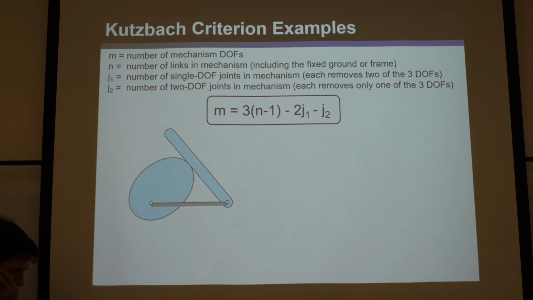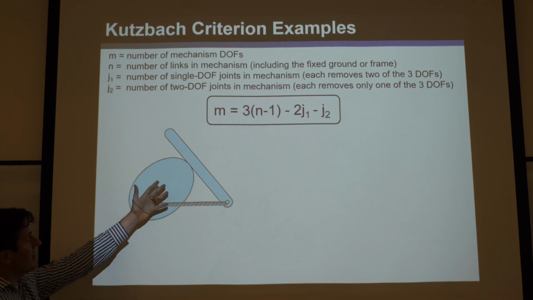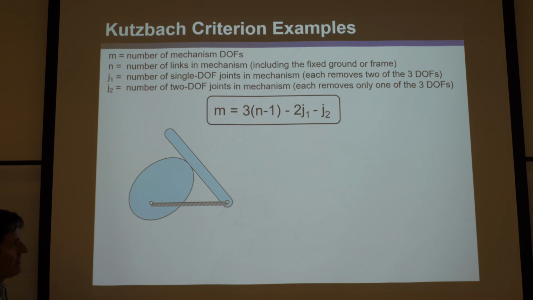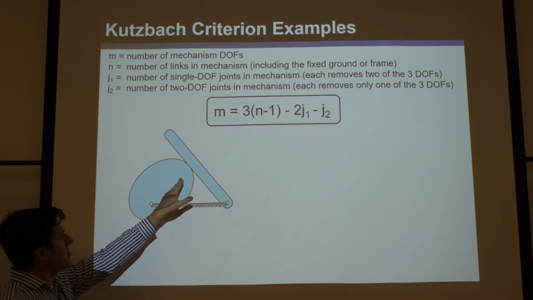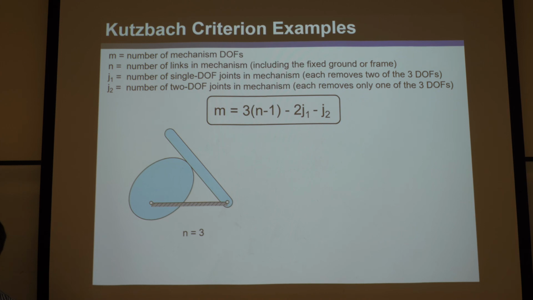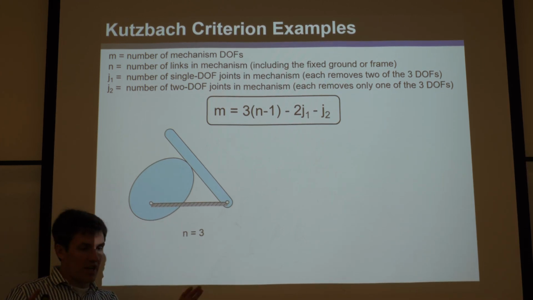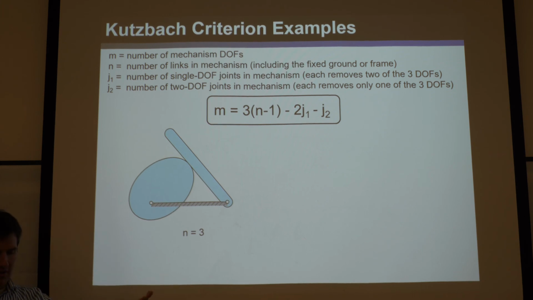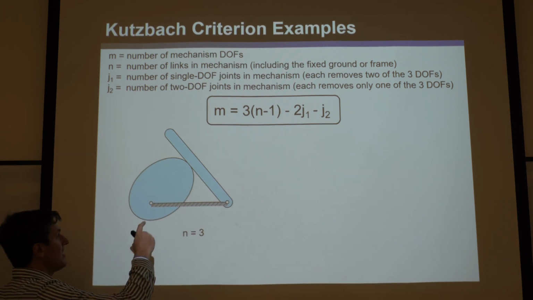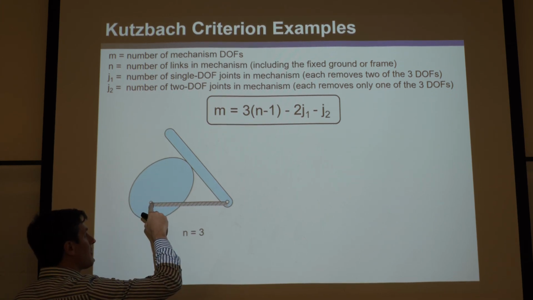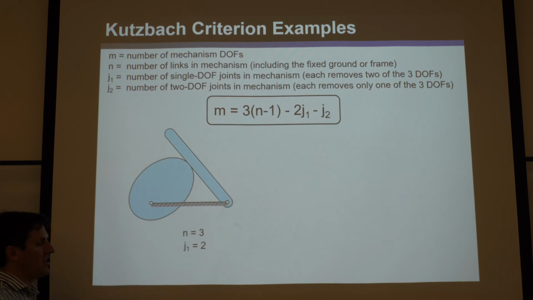Okay. Let's do Kutzbach on it, okay? So let's see, what is N? Well, N for this case is 1, 2, 3. So N is 3, that's easy. How many J1s are there? Well, remember, J1 has nothing to do with higher or lower pairs. It's the number of degrees of freedom. So there's two 1 degree of freedom joints. 1, 2. So J1 is 2. Okay? So what is J2? How many 2 degree of freedom